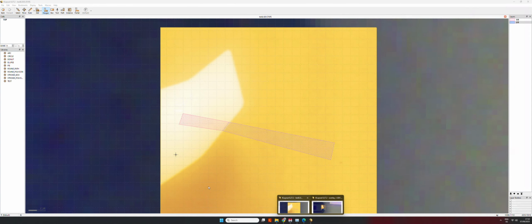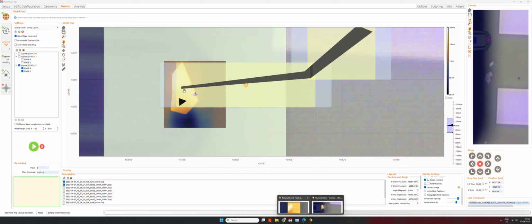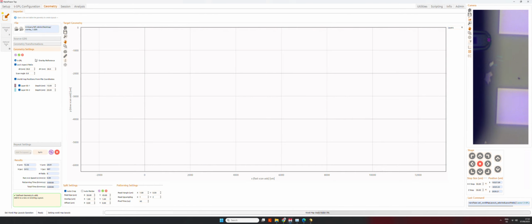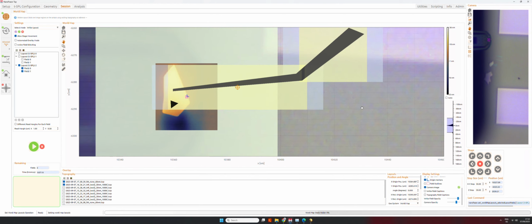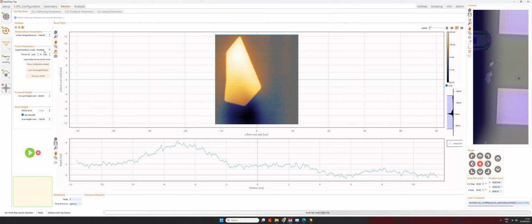So, very, very powerful tool. In this case, we're patterning both this contact line and this triangle, and they're going to be patterned using the same disabled feedback mode. So I did a test of a previous pattern, and I found that good conditions for patterning are 1000 Celsius, 5 volt, and 250 nanometers.